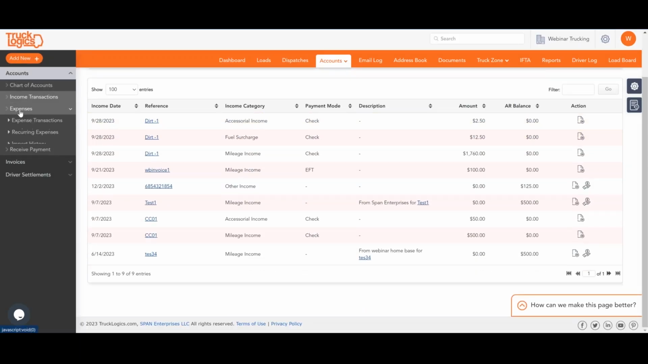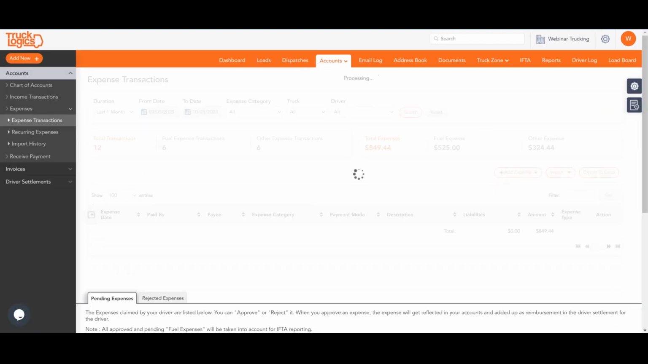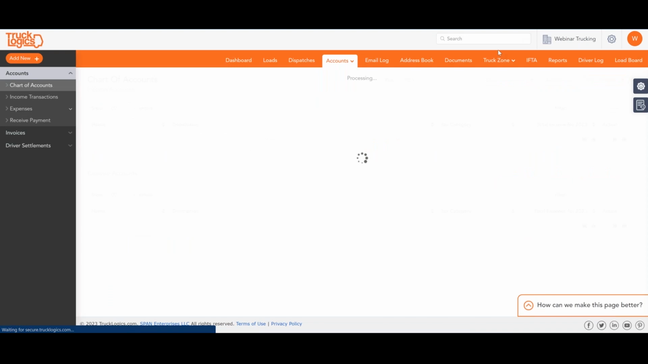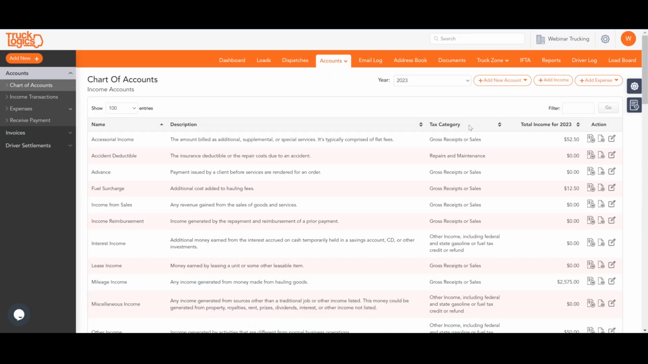And the same thing for the expense categories. You have expense transactions. This is another shortcut, but it's basically the same screen here. It just gives you all of your expense transactions. So let's go back to the chart of accounts, and we're going to talk about, let's say, for instance,